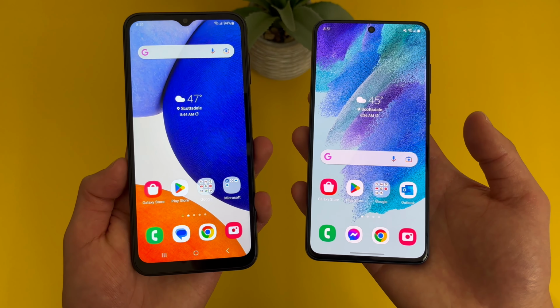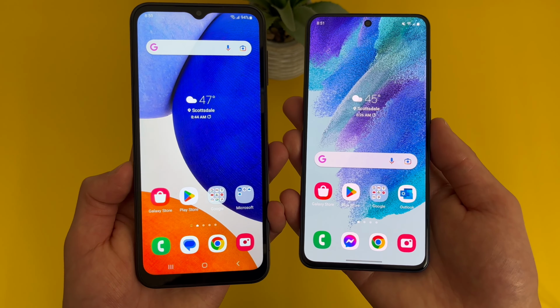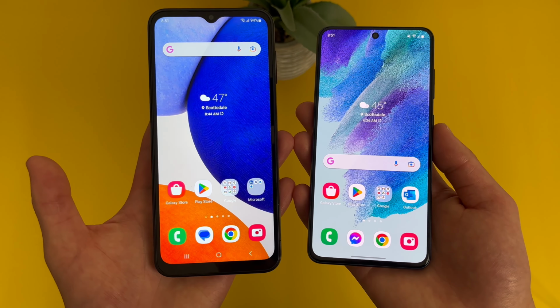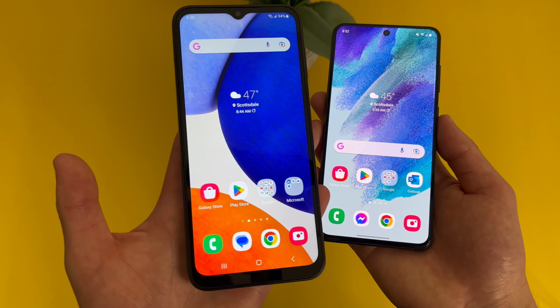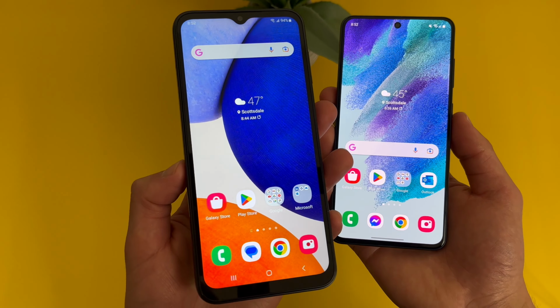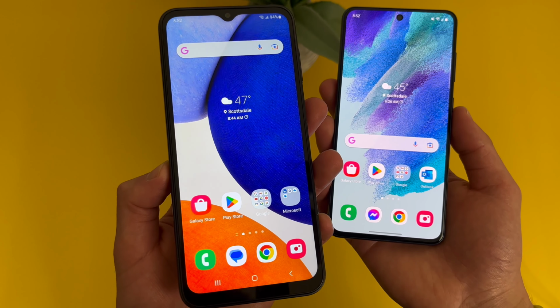But on the other hand, if you don't really mind having a slightly smaller display, and you want the most premium looking image between the two, then I could see going with the S21 FE. But again, I feel like for most people, for the display, the A14 5G is still going to be perfectly fine for almost everything. Now for storage, with the A14 5G, we are getting 64GB of internal storage with microSD